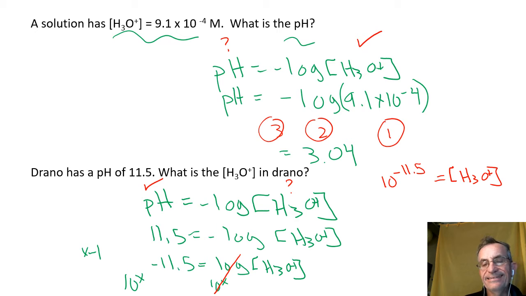So I made 10 to the x on both sides. On the right-hand side, all that happened there was it got rid of the log. All right. If you're not sure about this, I can talk to you about it more in the Zoom session